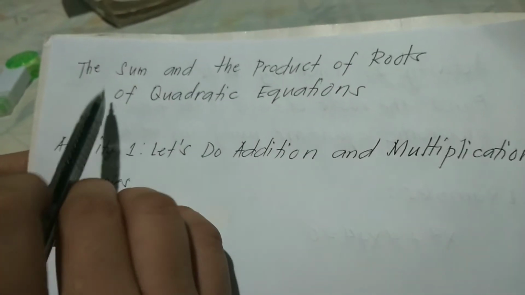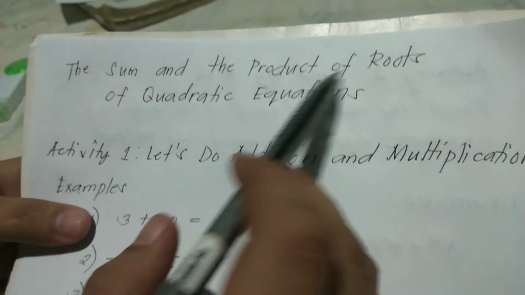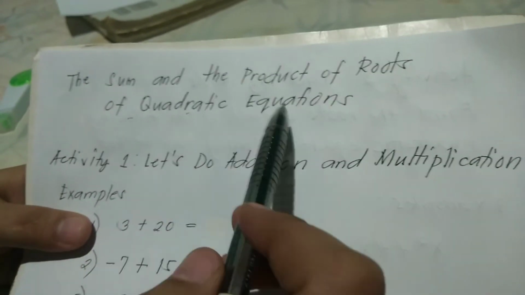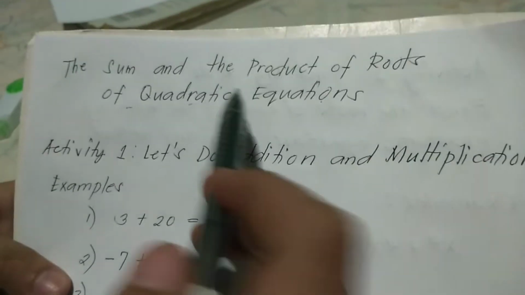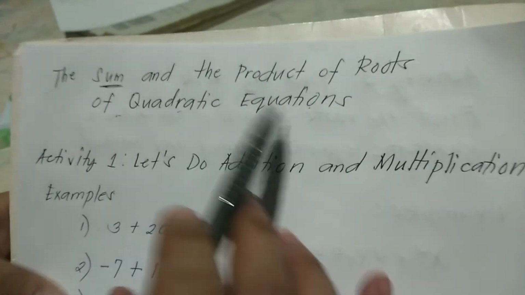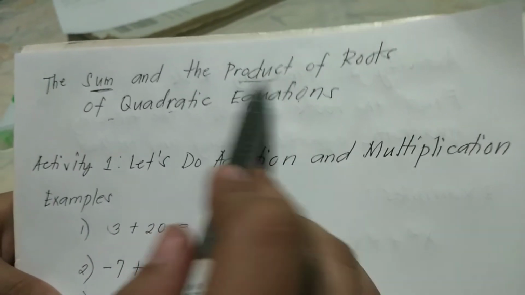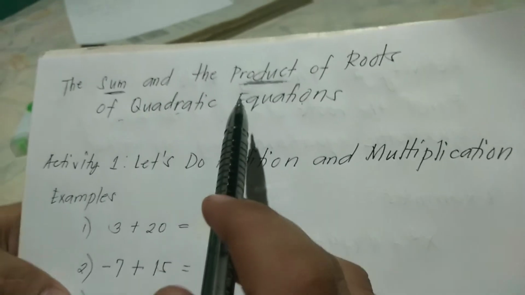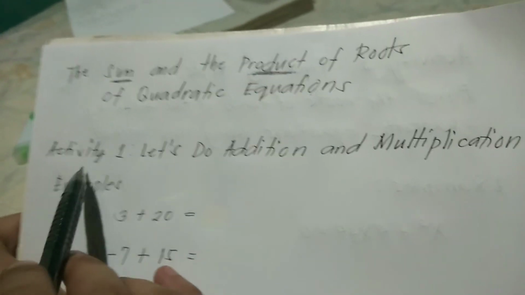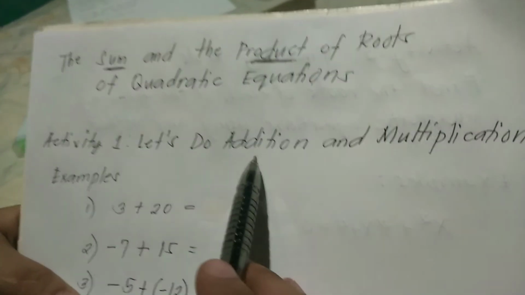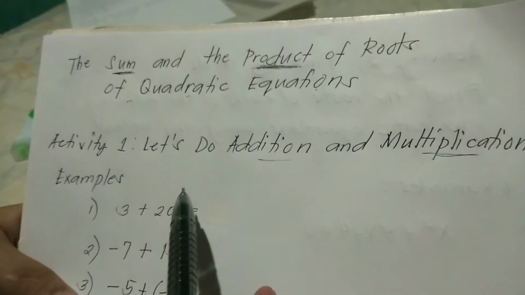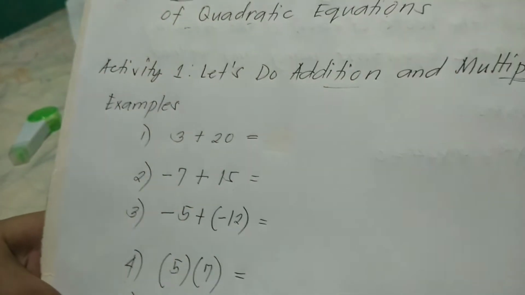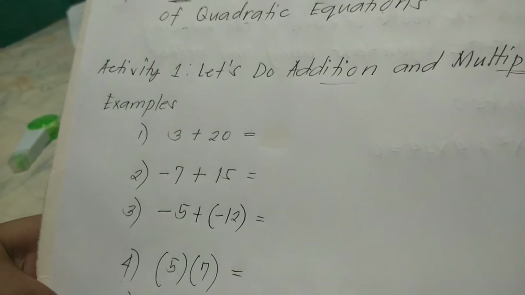Next lesson natin, the sum and the product of roots of quadratic equations. So, sum, addition, and product is multiplication. So, for activity number 1, let's do addition and multiplication. So, may mga examples po tayo dito. Examples of addition and